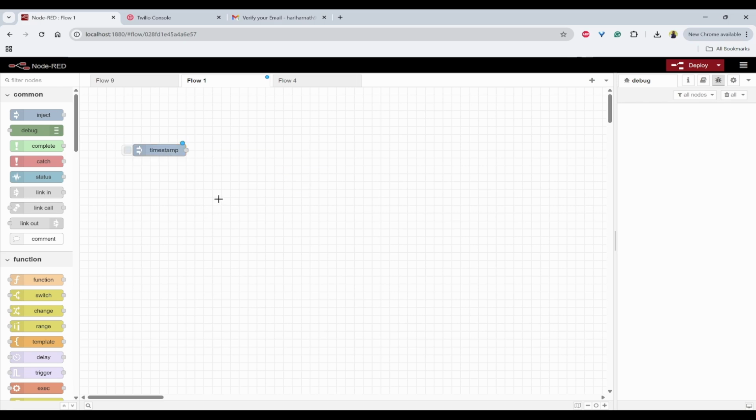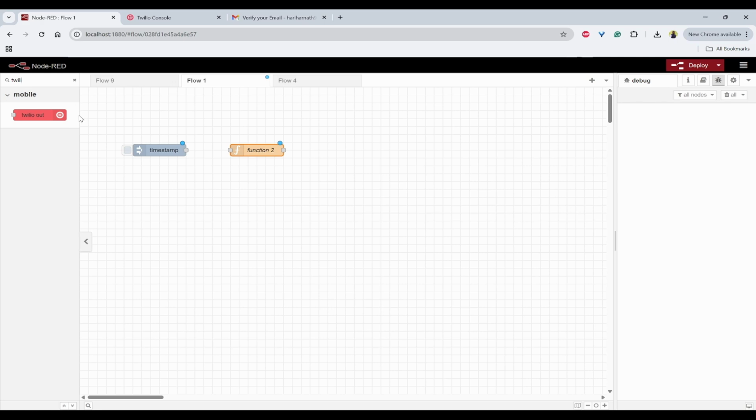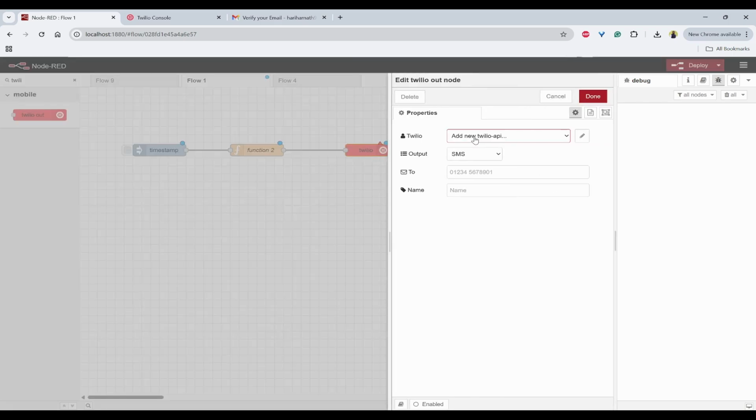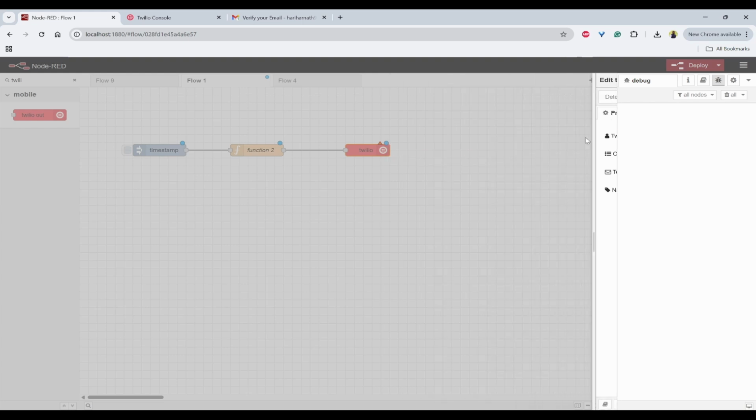First, we'll create an inject node, and then create a function node, and then after installation of the Twilio node, we'll search for it and drag and drop this Twilio node and connect them. Now double click on this Twilio node and add a new Twilio API.